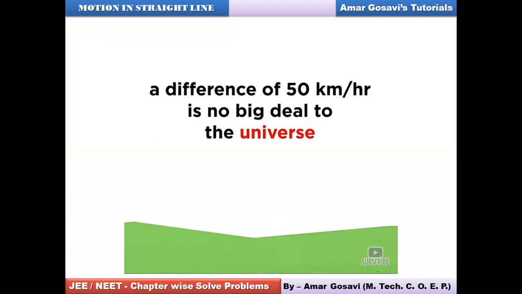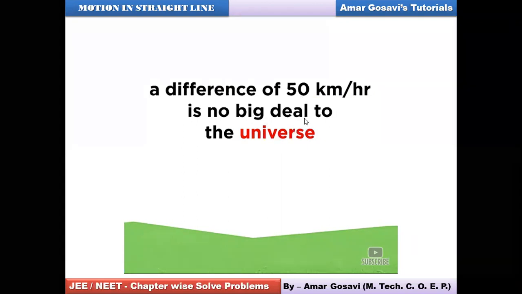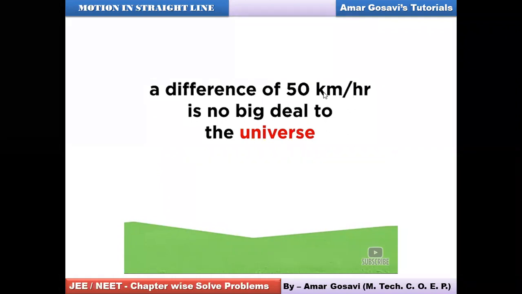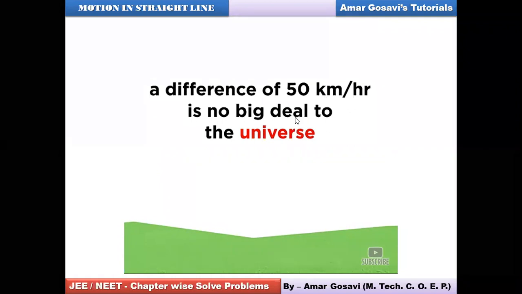Now you can see a difference of say 50 kilometer per hour won't be of much value when it comes to relative motion being considered with respect to the universe. So for planet to planet relative motion, this speed of 50 kilometer per hour won't be a big deal in that case. But if you observe, friends,